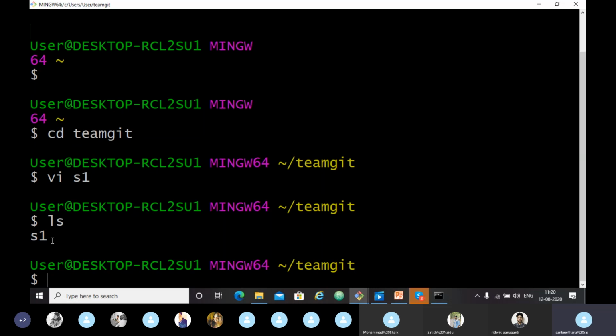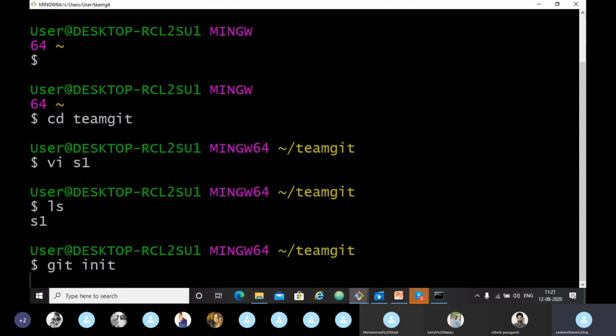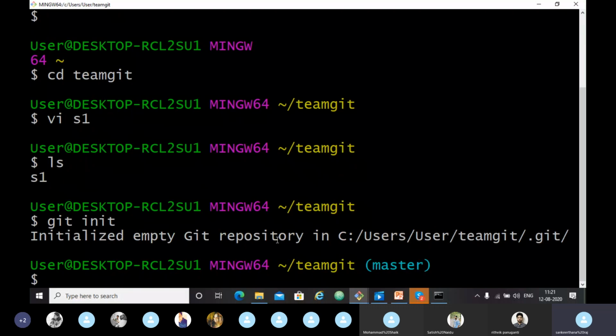I have shown you in the graph already. So just type git init, which means we are initializing a Git repository here. The .git hidden directory is created by this command. Now it gives the message initialized empty Git repository. This is the path for our directory.